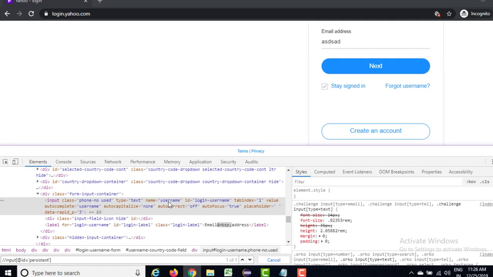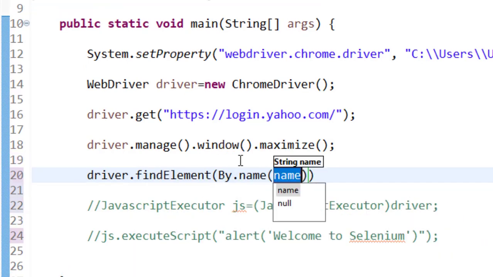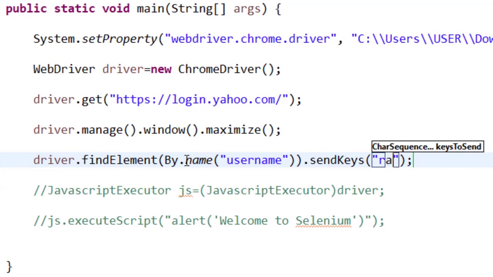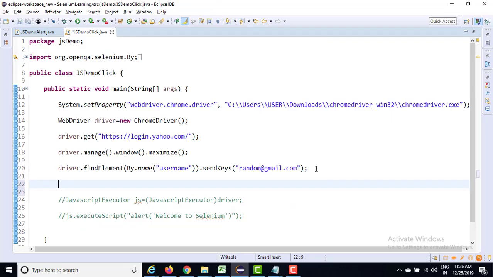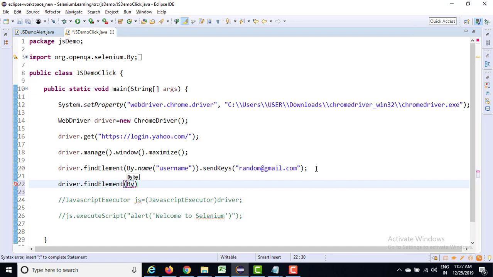Let's take this name, it looks more promising. So driver.findElement by name, and I'm going to enter any random email @gmail.com. Then I will again say driver.findElement, let's say By.xpath, and .click.